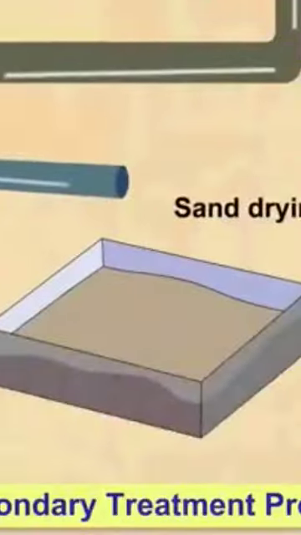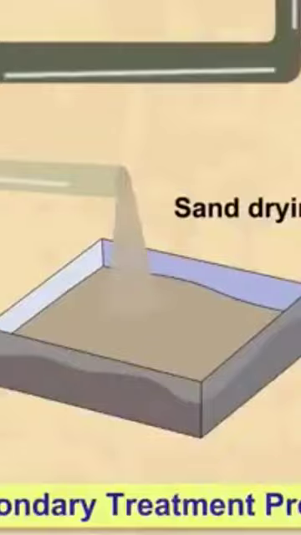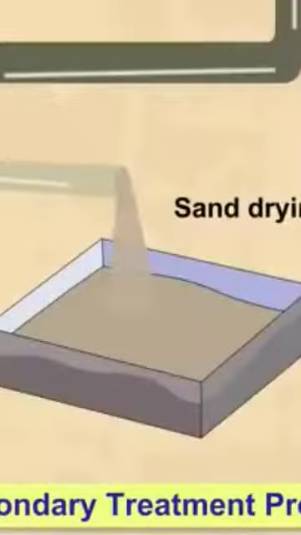The activated sludge is then left in the sand drying beds. Some quantity of water in the activated sludge evaporates, and the remaining quantity drains through the sand beds. This leaves behind the remaining dried sludge, which can be used for making fertilizers or